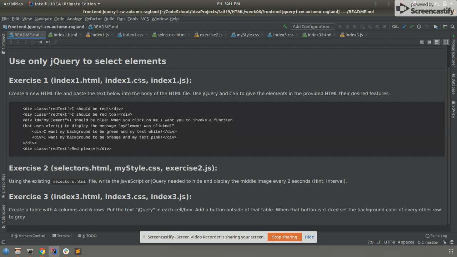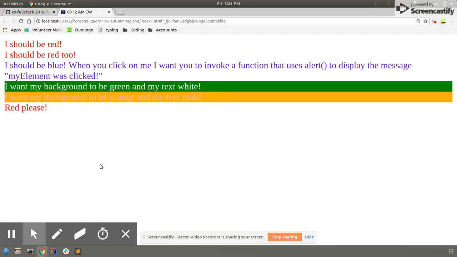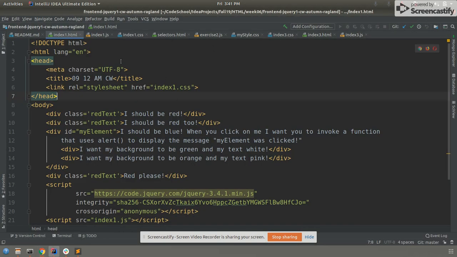So starting with exercise 1, let's look at the completed HTML page. So I've got my 3 red items that each say I should be read. I've got a blue item, and when it's clicked, it should invoke a function that alerts the user my element was clicked. And I have I was clicked being alerted. I've got a background of green and a white text, a background of orange, and a pink text. So let's look at this